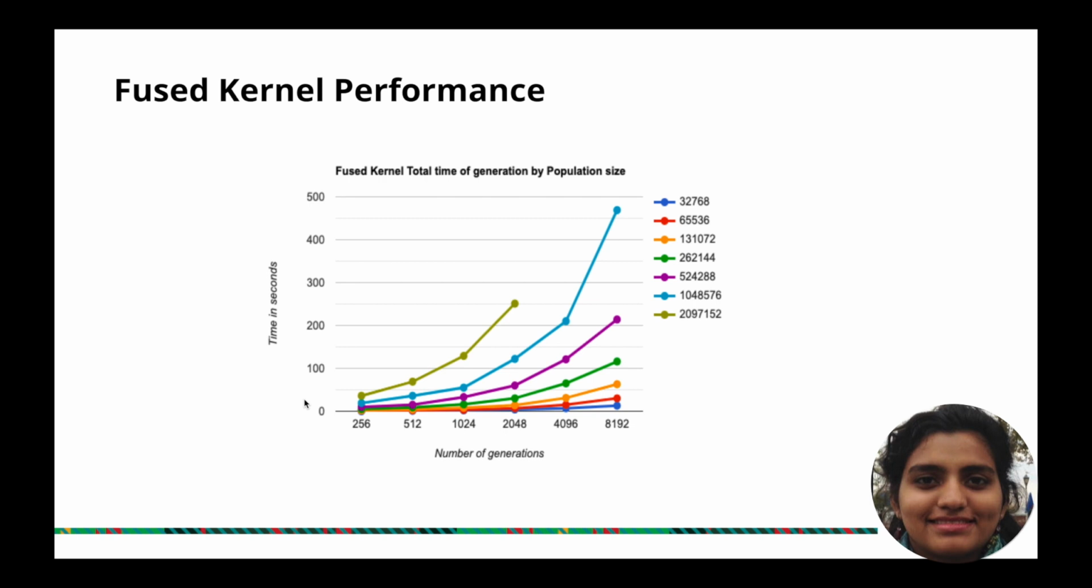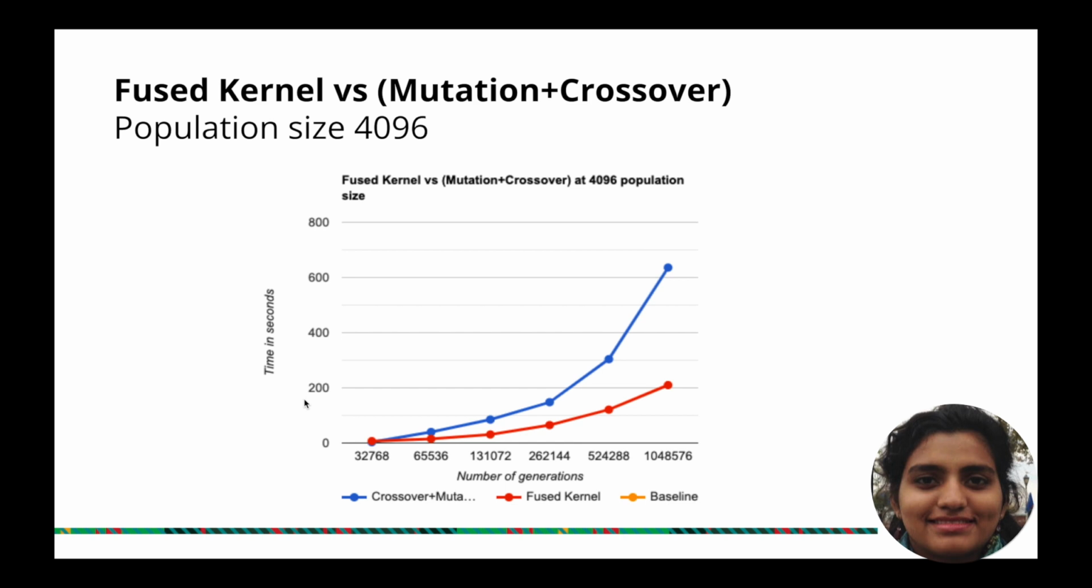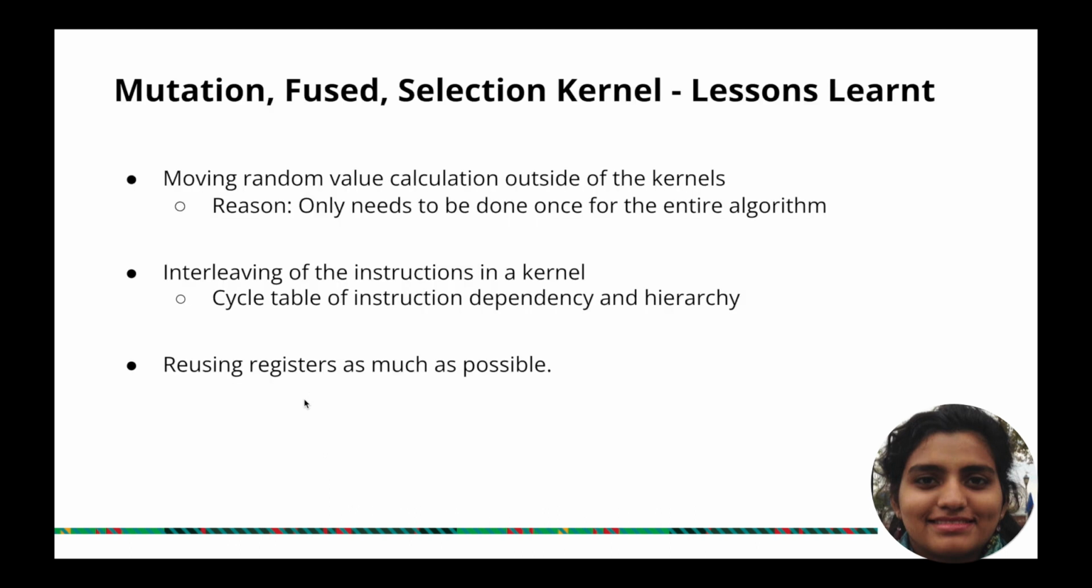The fused kernel has this as the performance plot and has significantly improved over the mutation and crossover that were previously implemented. And there are several lessons learned as part of this project. For me, especially like previously mentioned, changing the place where certain variables are created, reusing registers as much as possible, and interleaving of these instructions as well